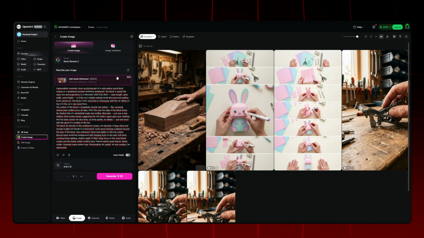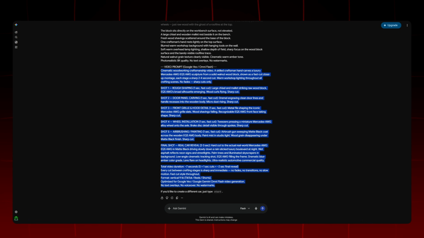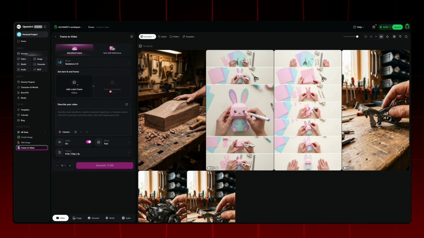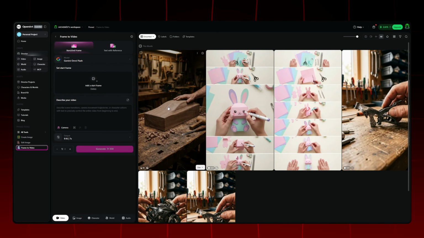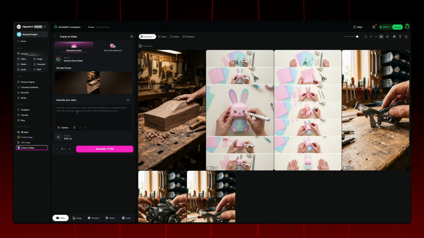At this stage, we first go back to Gemini and copy our video prompt, then return to the OpenArt website again. We click on the Frame to Video tool in the side menu and select Google OmniFast as our video production model at the top, the best choice for videos with scene transitions. After selecting our model, we drag and drop the first image scene we produced into the image upload area right